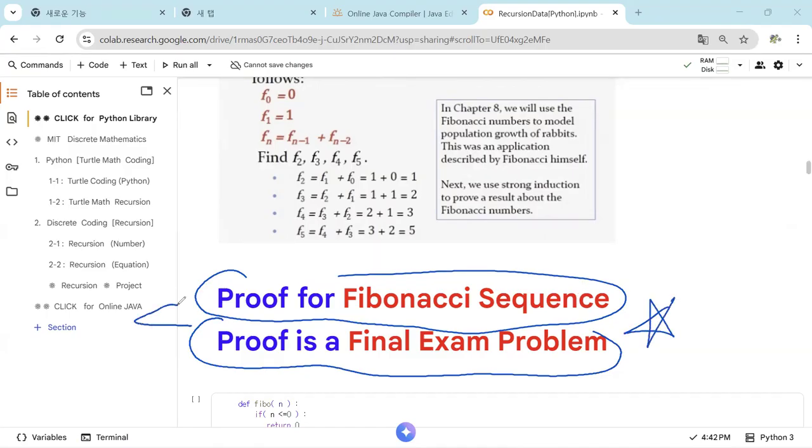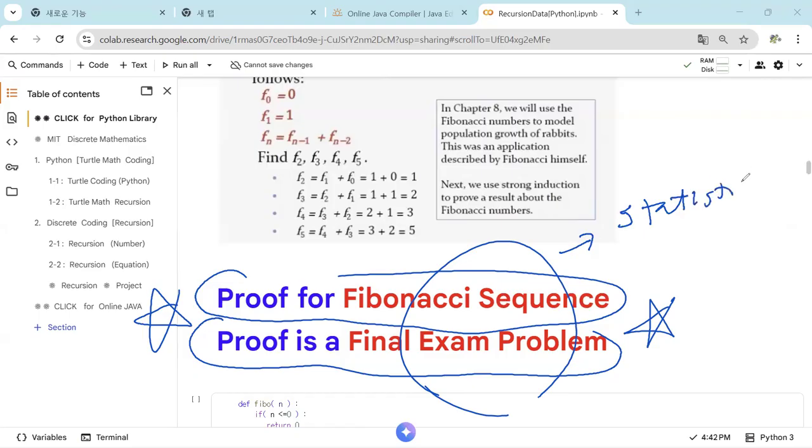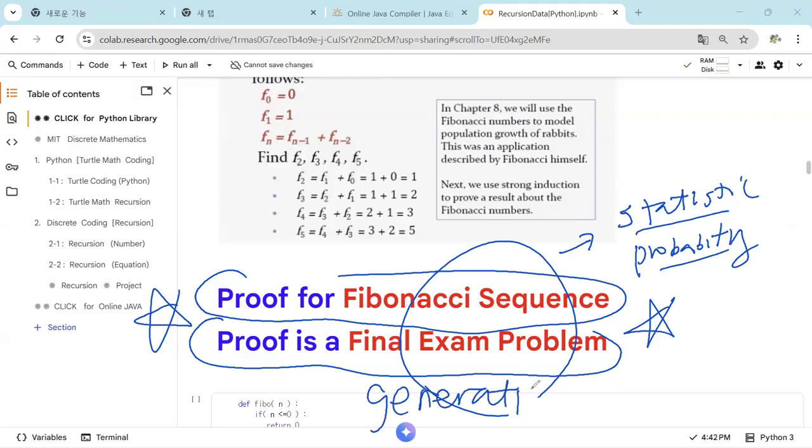This is a very important idea. It is related to statistics, probability, and lots of other areas. This is called the generating function. We will study this in our finite generating function. Anyway, this one is important. So let's just look at